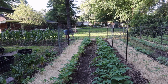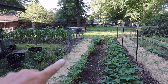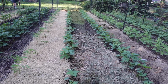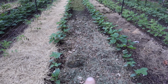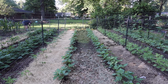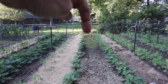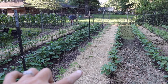You can tell the row over here we mulched the other day with hay bales we had bought. And then over here in this row, this is fresh hay. And then this row is where we used our own grass clippings, where we mowed and used our grass clippings in the garden. Down at the other end, we use the grass clippings that one of our neighbors clips and bags up for us. So we have grass clippings from the neighbors right here, grass clippings with dried leaves here, fresh hay over here,